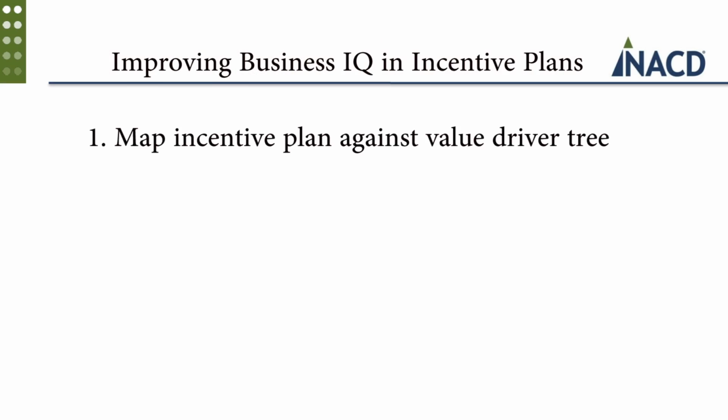So if I'm in an incentive plan that measures EPS, for example, that's really a lagging indicator of success. A lot of other things have to happen before you get down to EPS, and so that's going to be pretty far down on the value tree, or the value chain, if you will. And if I think about that value chain, I'm going to look at, where do I start? Well, I have customers, maybe I have products, I have a margin, and I want to think about my existing incentive plans and what are the metrics and where do they map on that value chain. So that's an understanding of what you have today.